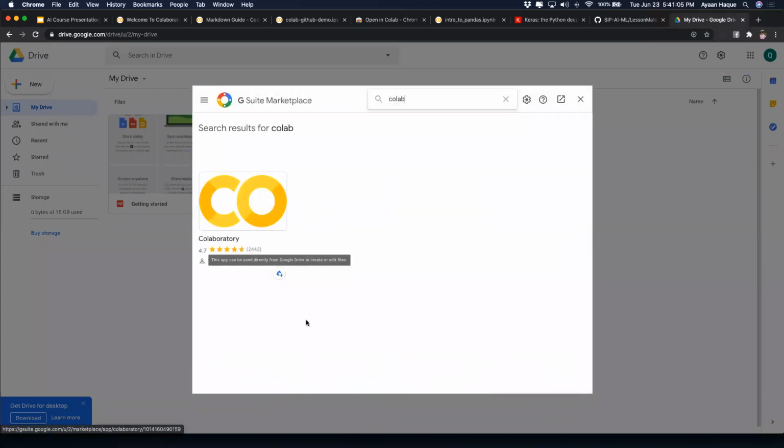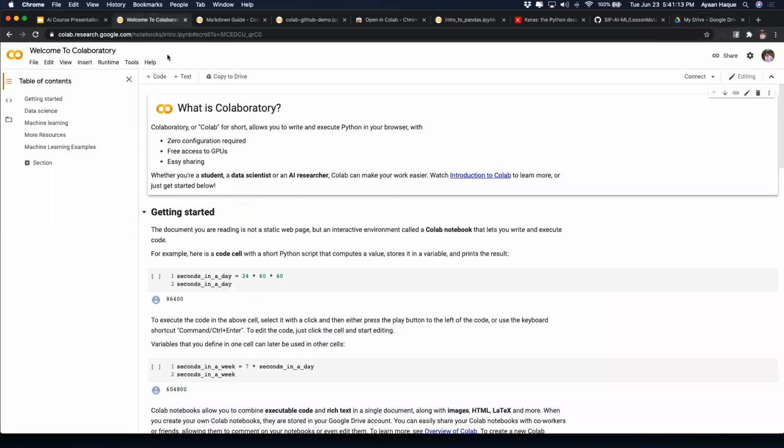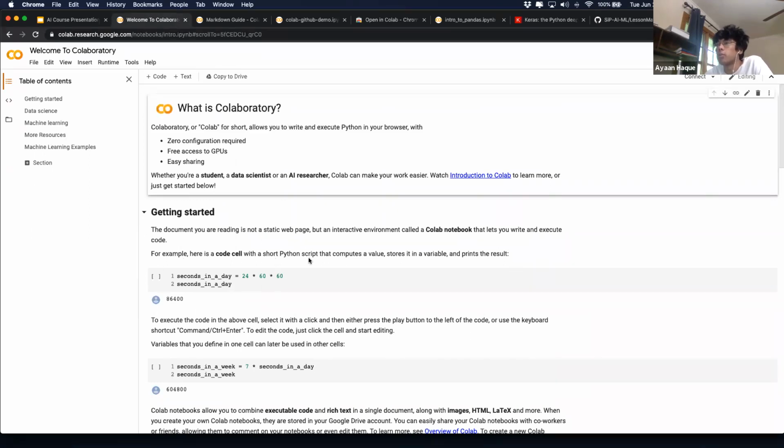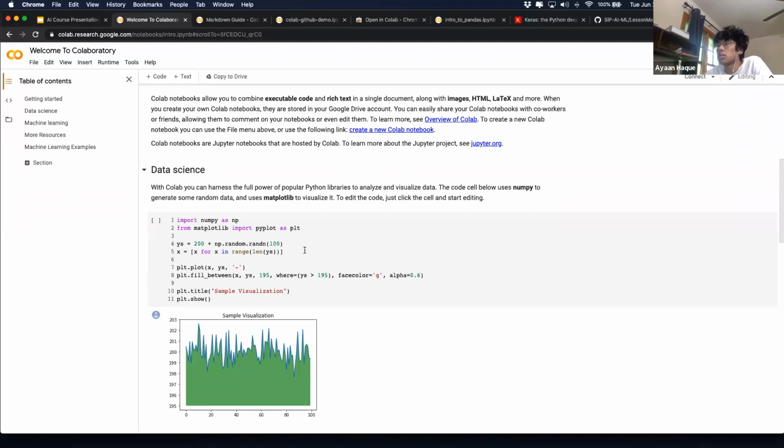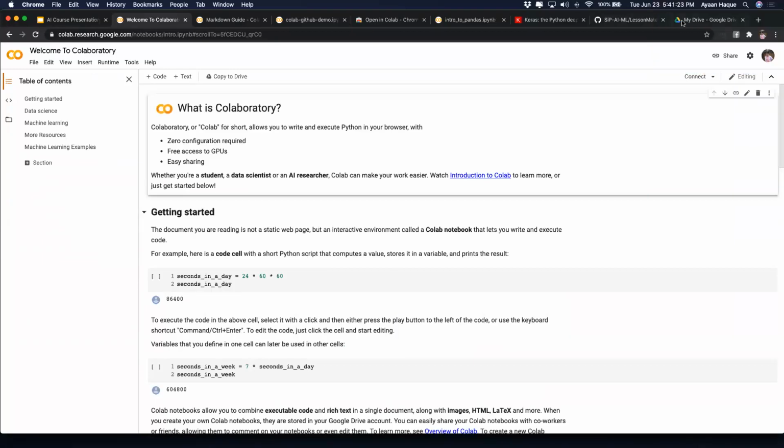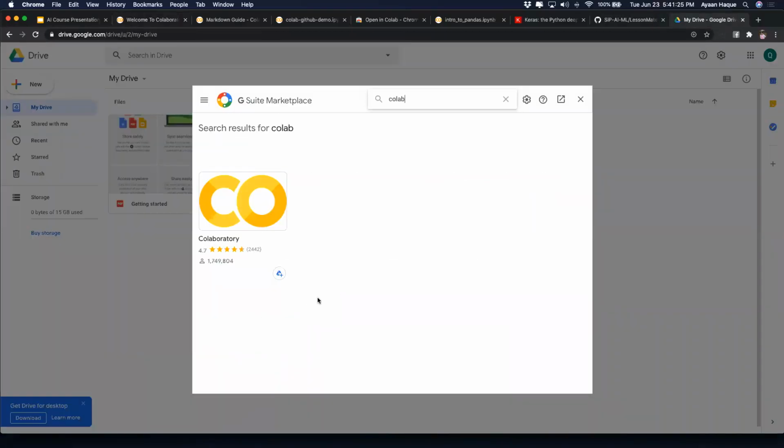Once I downloaded it, I went to the link that you put in the chat, and then I got to the welcome to Colaboratory page. Right, you got to that. After that, just wait, and we'll wait for everyone to finish up, and then we'll move on. Is it okay to just search up Google Colab, not on Google Drive? I think that should also work.